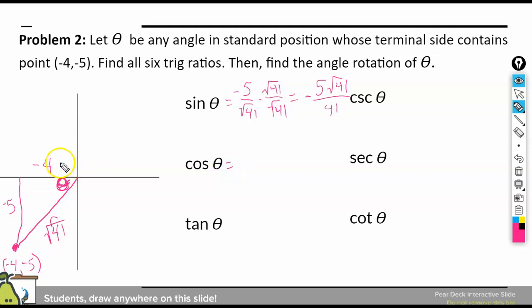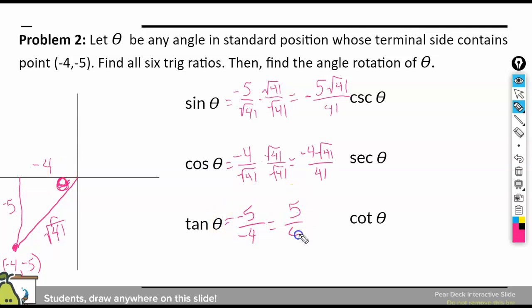Cosine is going to be adjacent. So that's -4 over square root of 41, which has to be rationalized as well. So I get -4 square roots of 41 over 41. And tangent is going to be opposite over adjacent, which is going to be -5 over -4, which is going